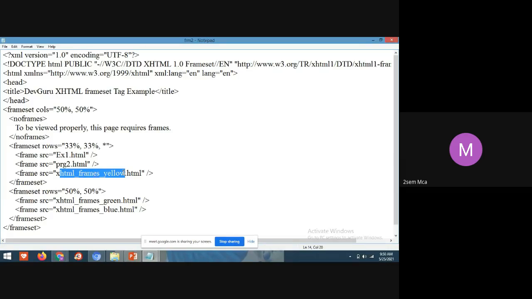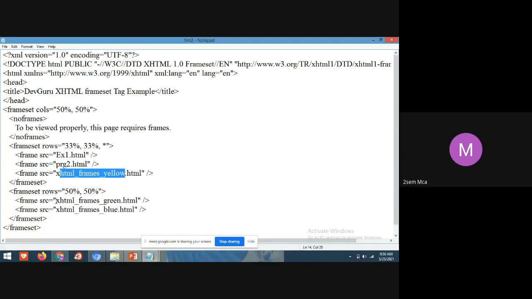Since that file does not exist, it cannot fetch the output, so it will display that sad smiley face.